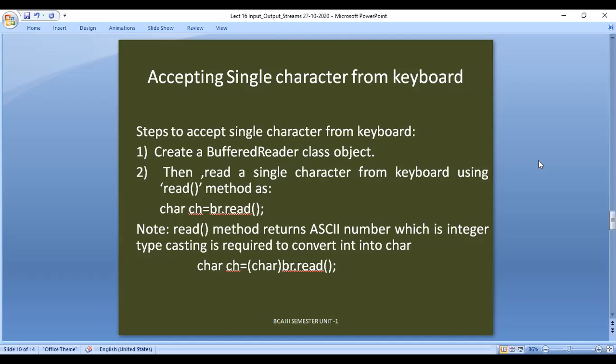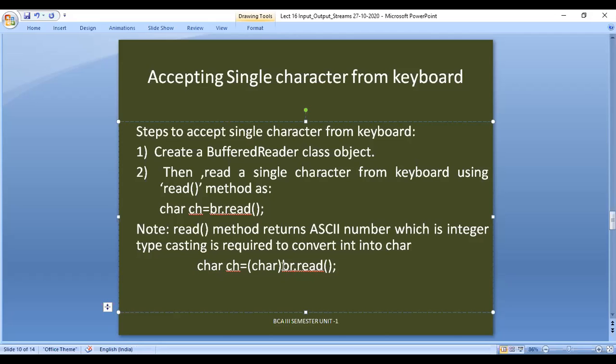The speciality of the read method is to read only a single character, so we will use this one. But it is returning an ASCII number, which is of type integer. So we need to typecast it. It is compulsory. For the read method, we are supposed to convert the type of data. Typecasting is required to convert integer into character. For that, the process is char ch equals (char) br.read().